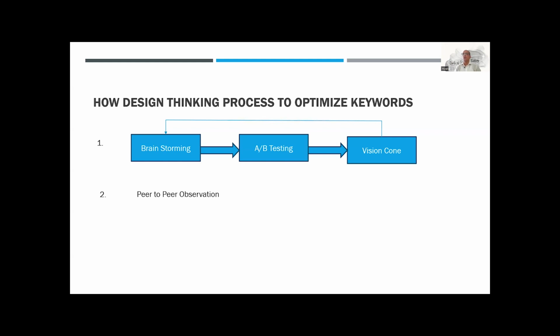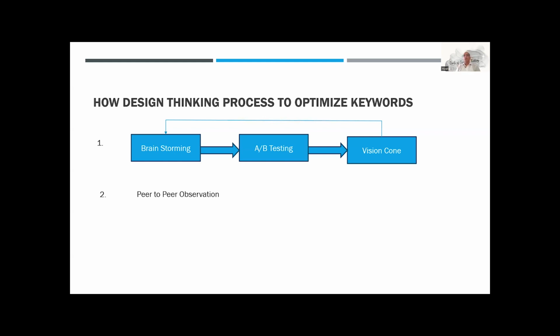So these are keyword selection. And this is a cycle. After 6 months from now, we'll again look back at which keywords we have used. If something needs to be retired or sunset, we have to do that. A few of the products are not in use, so we have to sunset or retire all those keywords pertaining to the services or products which are not being used in our organization right now. And then again we need to do the A/B testing, and again go for the vision coding.